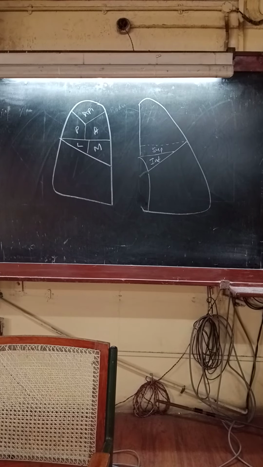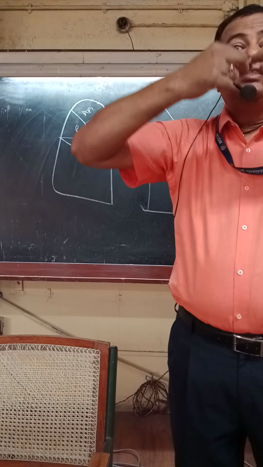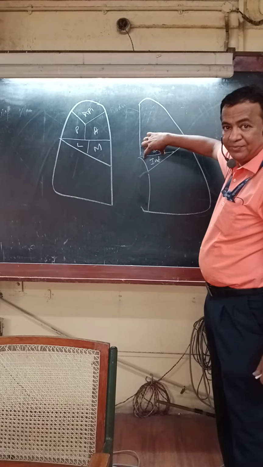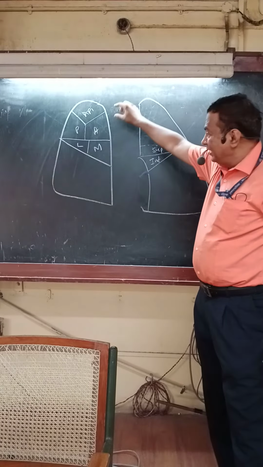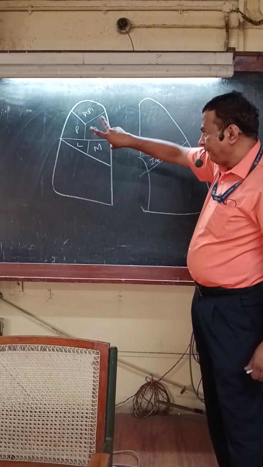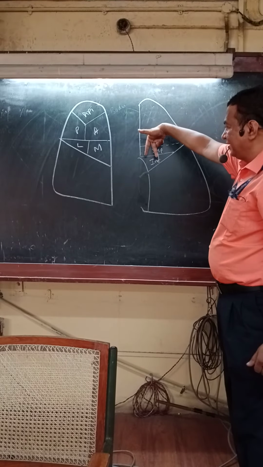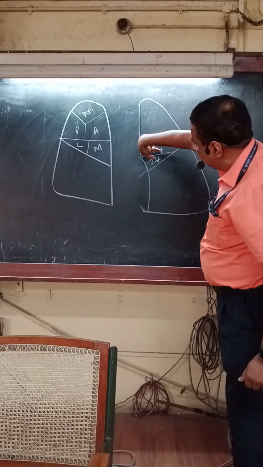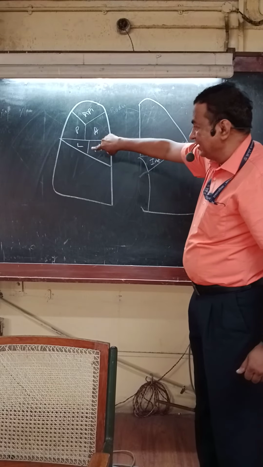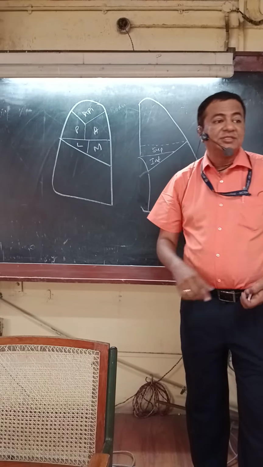Now understand, the heart is formed in the cranial area. From there the heart descends down. So this side also there was a medial and lateral, like this only. But as the heart descended down, it pushed the medial. So medial became inferior. Okay? It was pushed like this by the descending heart. Lateral becomes superior, medial becomes inferior.